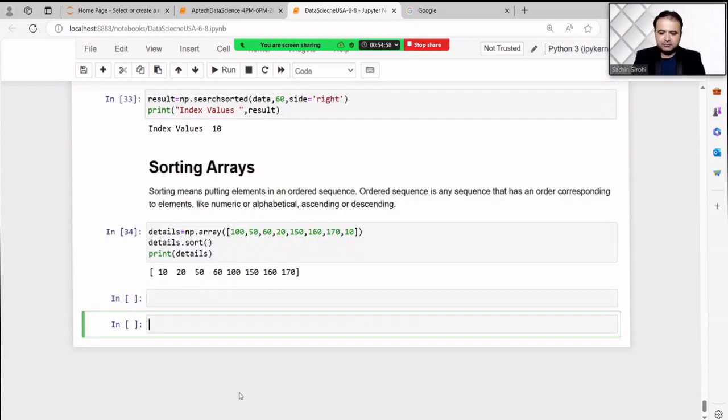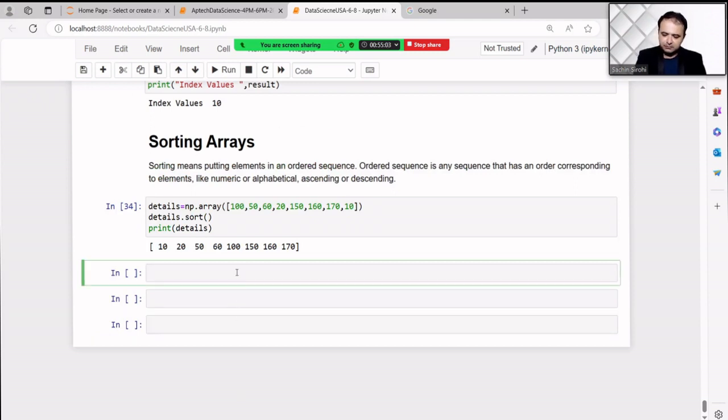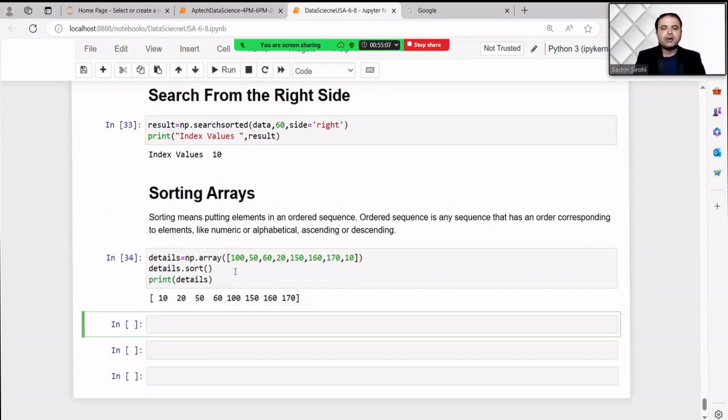So now I think we have completed lots of the functions in NumPy, and we